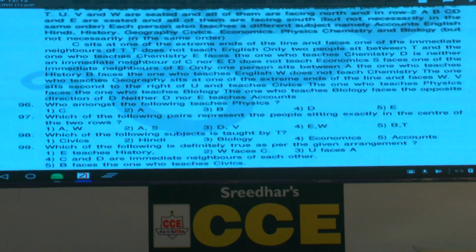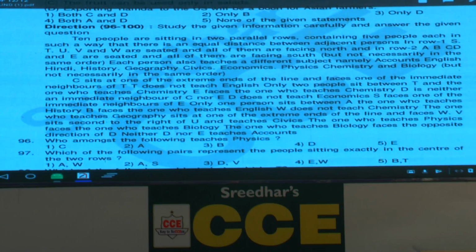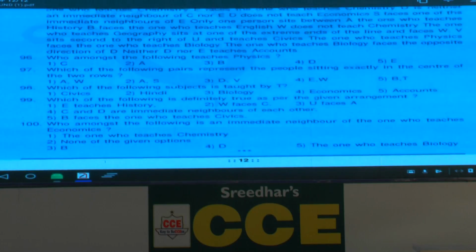Then question numbers 96 to 100. Now in this 96 to 100, 10 people are seated in 2 parallel rows containing 5 people each, in such a way that there is an equal distance between adjacent persons. In row 1, there are some persons S, T, U, V and W, and all these persons are facing towards south. And in row 2, and who are the persons in row 2? A, B, C, D and E, and they are facing towards south, and S, T, U, V, W are facing towards north. And each one of them teaches a different subject. 10 persons, 10 different subjects were also clearly given. Now we need to identify